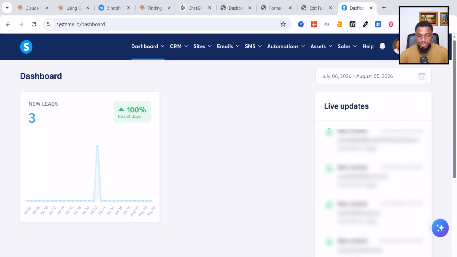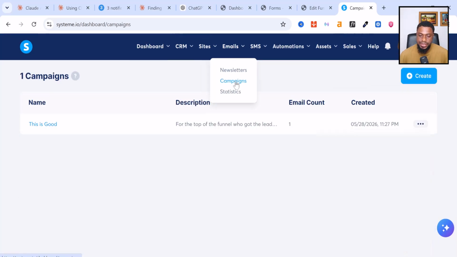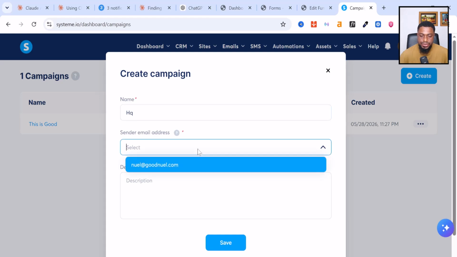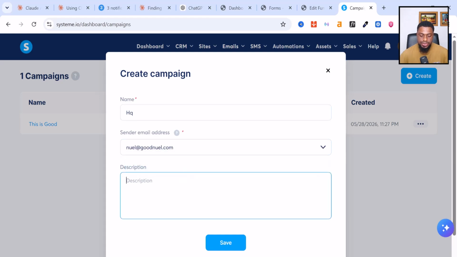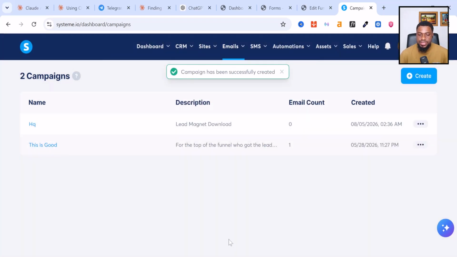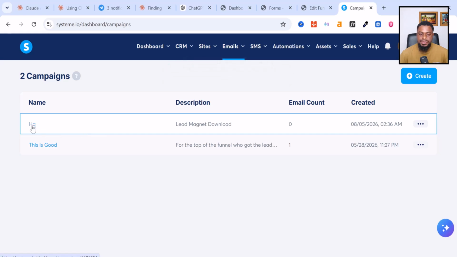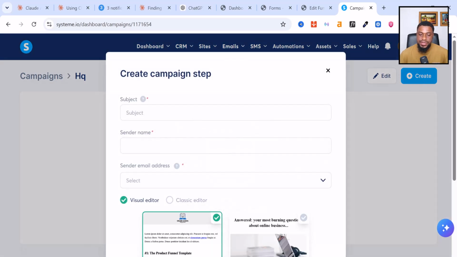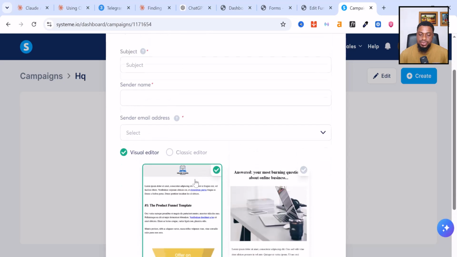So I want to go to system.io, and inside of system.io we want to come to emails and set up a campaign. So I'm just going to create a new campaign here. Let's say I call it HQ, and then I'm going to select the sender address. Here I give it a description and then I want to save it. So that is the email campaign. I want to open it and then start creating the emails. So I come here, I want to create the first email. This is where we actually put the